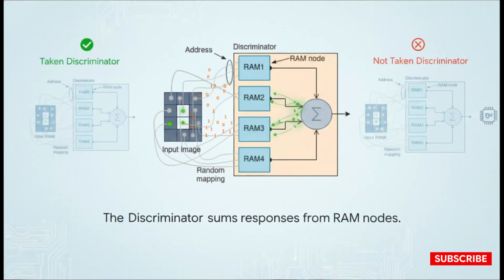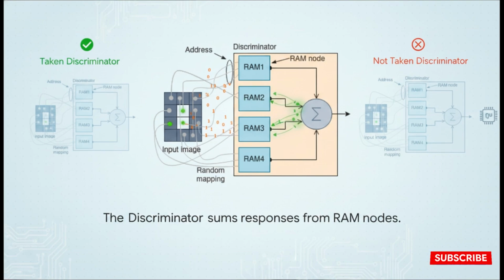Now, obviously, a single RAM node isn't going to be enough to make a highly accurate prediction on its own, so multiple RAM nodes are grouped together into what's called a discriminator. You'll have one discriminator specifically trained to recognize patterns when a branch is taken, and another one trained for when it is not taken. During the classification phase, which is when the CPU actually needs a prediction right that second, the input bits are fed into the RAM nodes, and each node outputs its binary response based on what it learned. Then the discriminator simply adds up all the ones from its RAM nodes. The discriminator with the highest total sum wins,